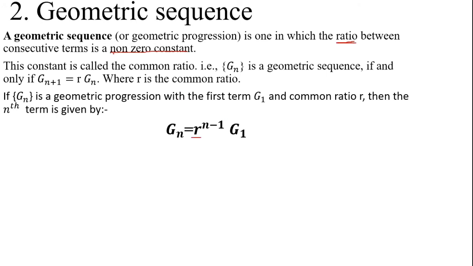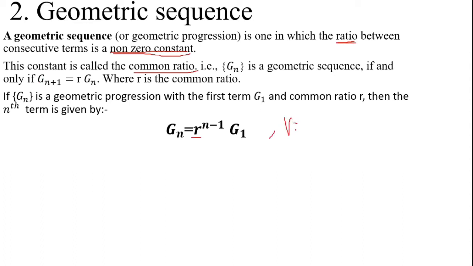This constant is called a common ratio. So it can be obtained by just dividing G(n+1) over Gn, or in general a common ratio for a given geometric sequence can be calculated as